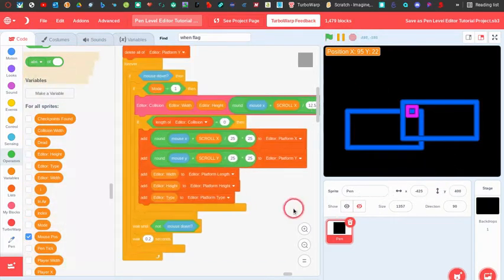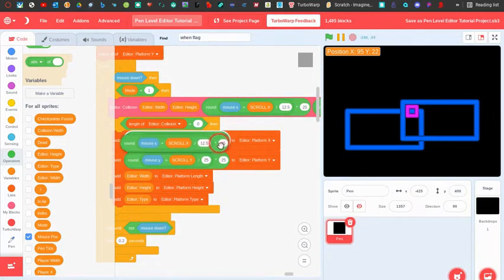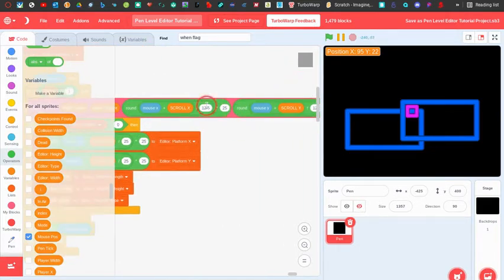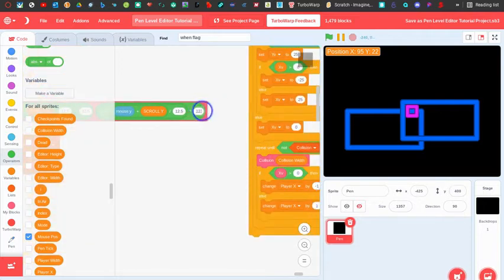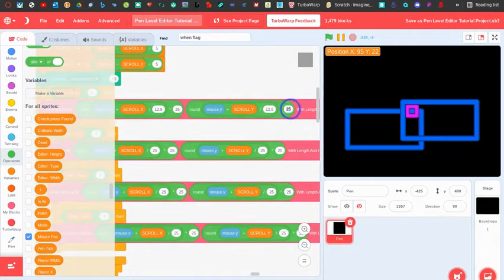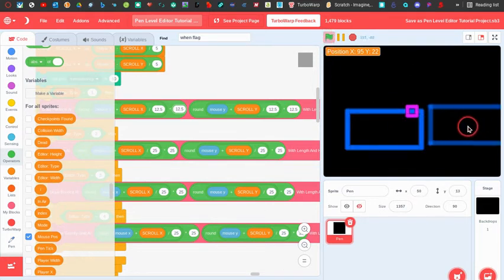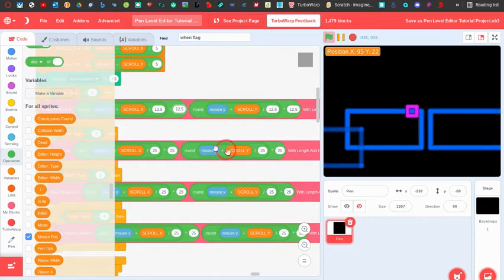Okay, that's really weird. Let me change this to be like, oh, we also need to multiply this by 12.5, sorry, and 12.5. Okay, let me try this one more time and see if it'll work now. If it doesn't, then I guess that was all for nothing and I might take it out of the video. Oh, dang. Okay, so it doesn't exactly